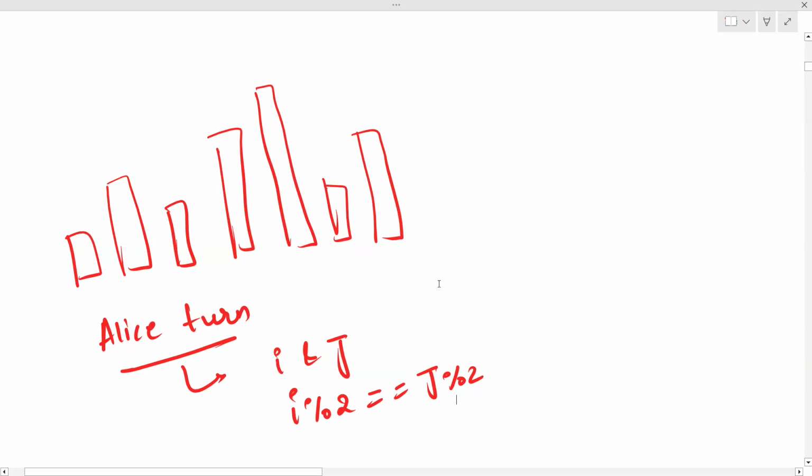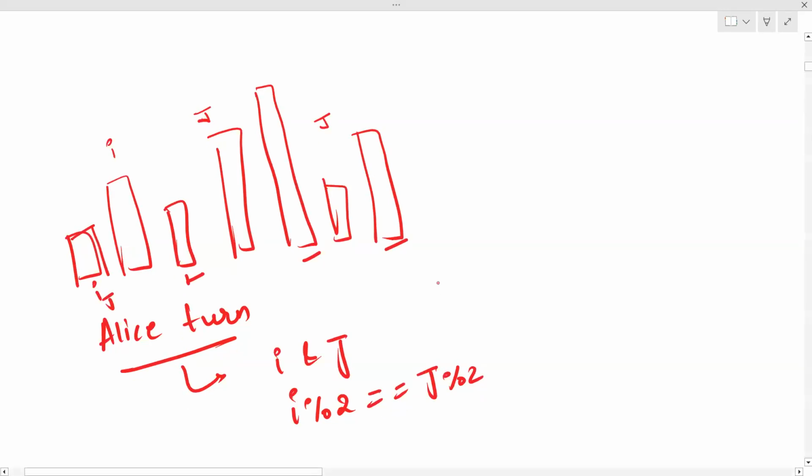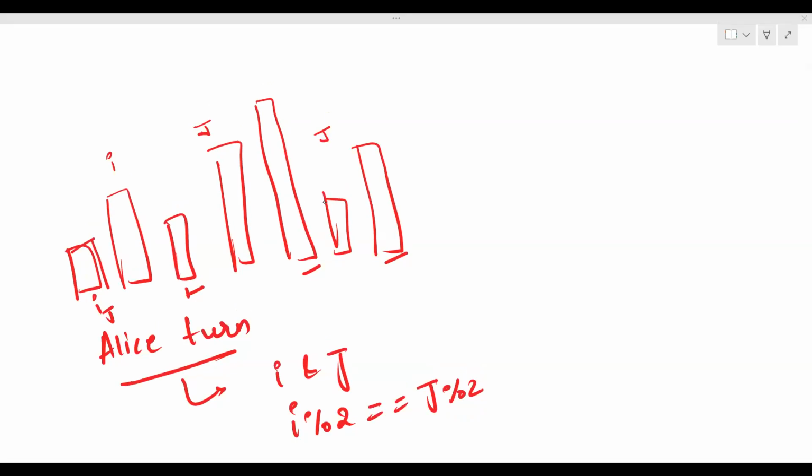So if I and J, the parity of these should be the same. If this is I, J can be this or this. If this is I, these positions can be J, right? Now, in Alice's move, she can first choose I and J, and if I is this, J can be this also, because in that case also the parity of the position selected is the same, right? So, what happens now? After choosing this,